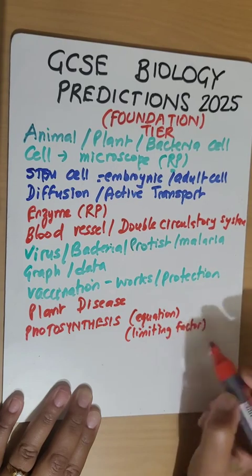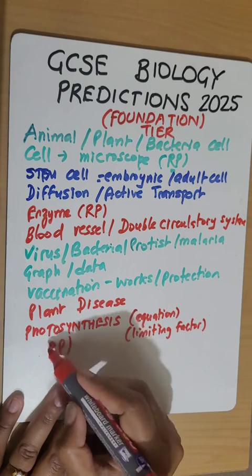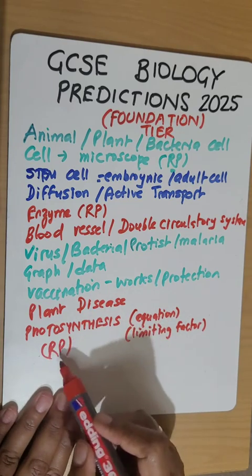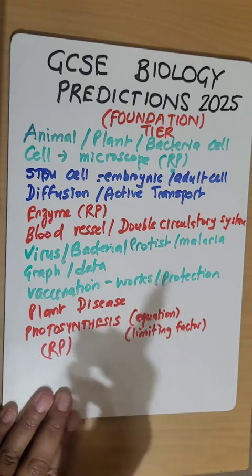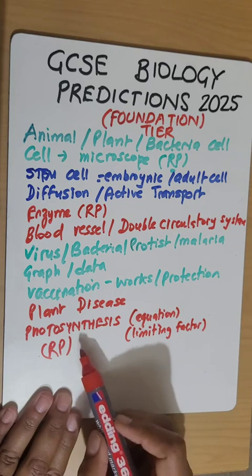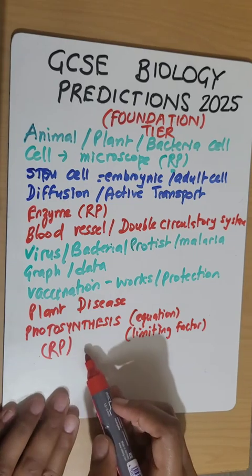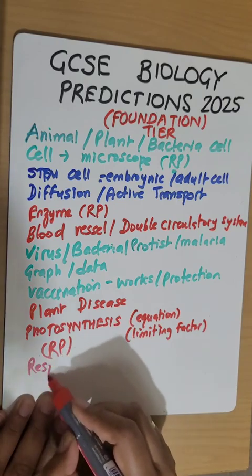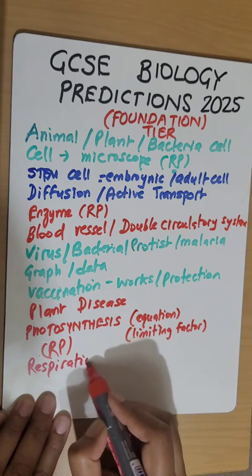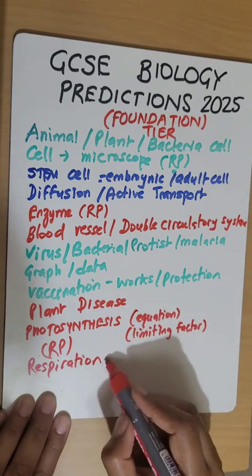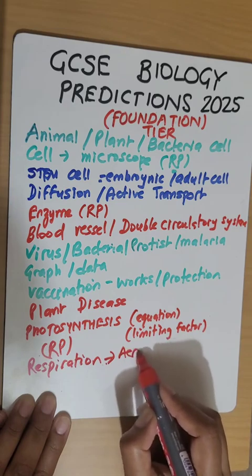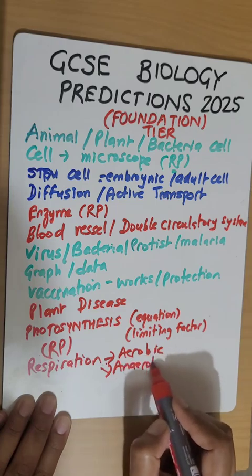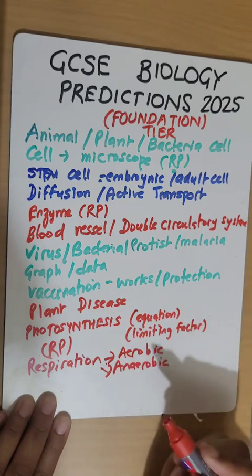For photosynthesis, you remember you did a required practical that did not come up last year, so again, have a look at that. That was the one where you counted the bubbles when you moved the lamp from the pond reed. A massive one to remember. And another big one that hasn't come up in the exam last year is respiration. So it's the opposite equation to photosynthesis. For respiration, look at aerobic, anaerobic respiration, factors affecting respiration, general exercise, and